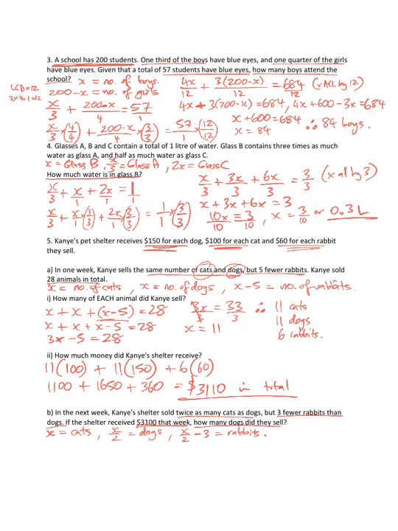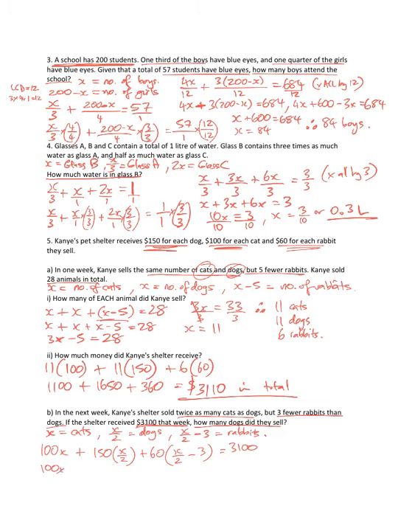So, cats are $100, so 100 times by X plus 150 times by the number of dogs, X on 2, plus 60 times by the number of rabbits, which was X on 2 minus 3. And we know that in total they made